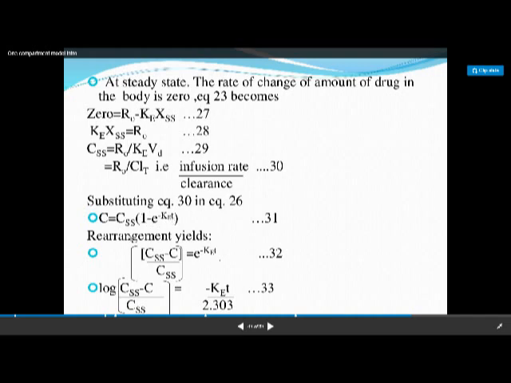And if we rearrange this equation, CSS minus C upon CSS is equal to e raised to minus KET. And if we transfer it into the log form, then log of CSS minus C upon CSS is equal to minus KET upon